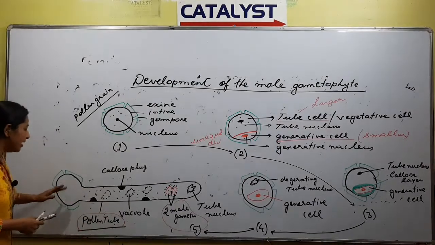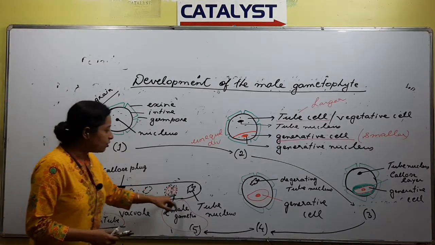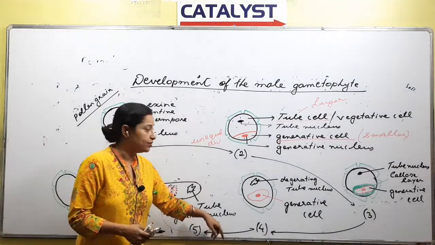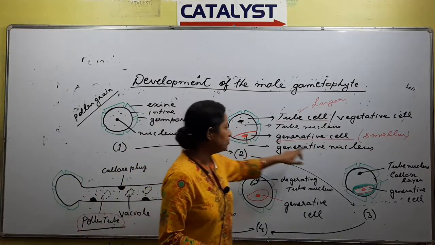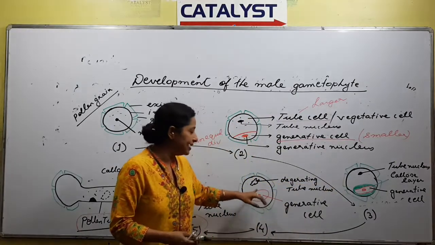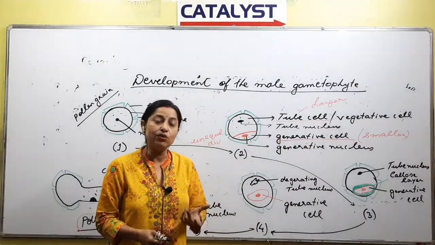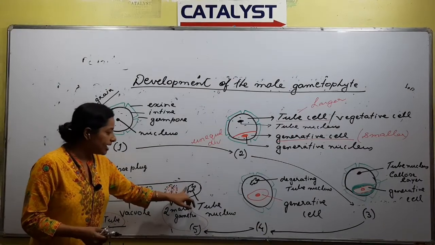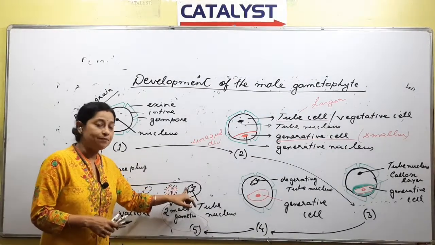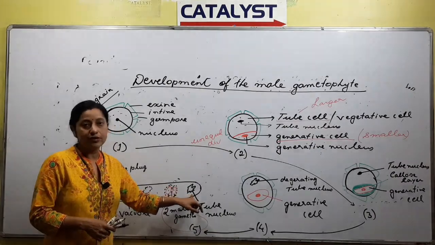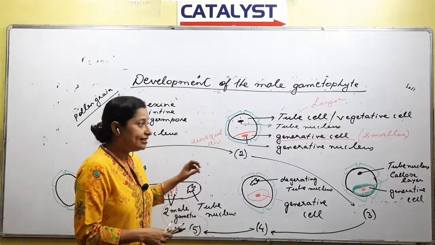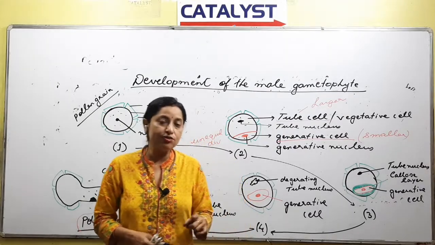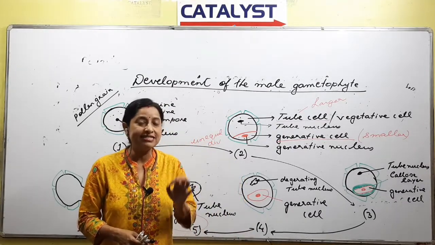Next, a question comes about the pollen tube. If you notice the position of the tube nucleus, we saw that first the tube nucleus was present, and gradually it started degenerating, breaking down, where the intine formed the tube at the apex, or at the tip. So the question was: in the pollen tube, where will be the position of the tube nucleus? The tube nucleus would always be found at the tip of the pollen tube, right?